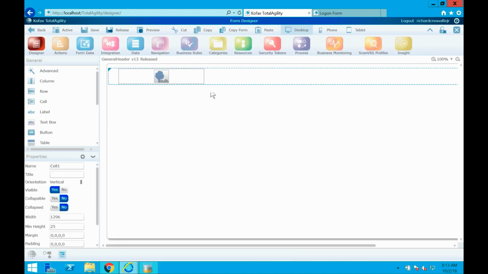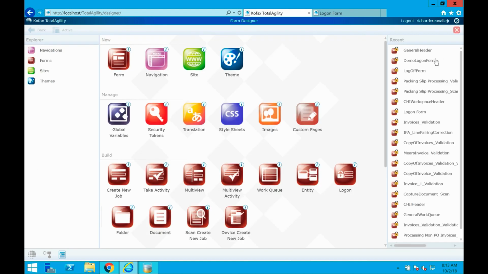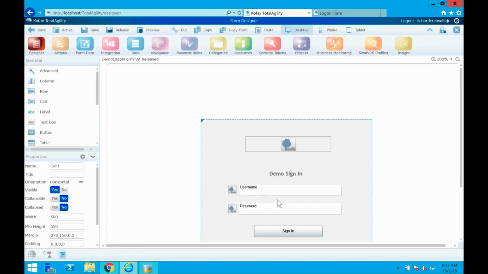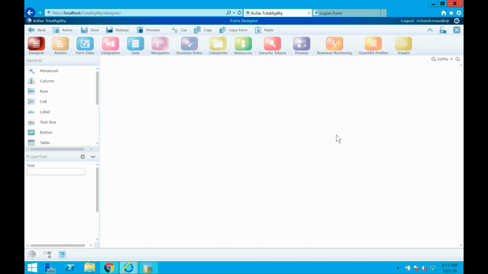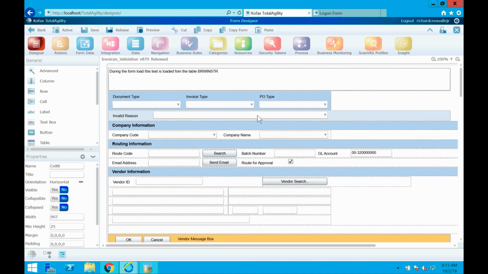So you have a general header form, and that's going to be like what you would log in and see at the top. Then you'll have a login form, which will look like whatever you create it to be. This is just a sample of where you would type in a username and password, and then you have a validation form. This is an invoice validation form, and what you'll see here is that when it loads,